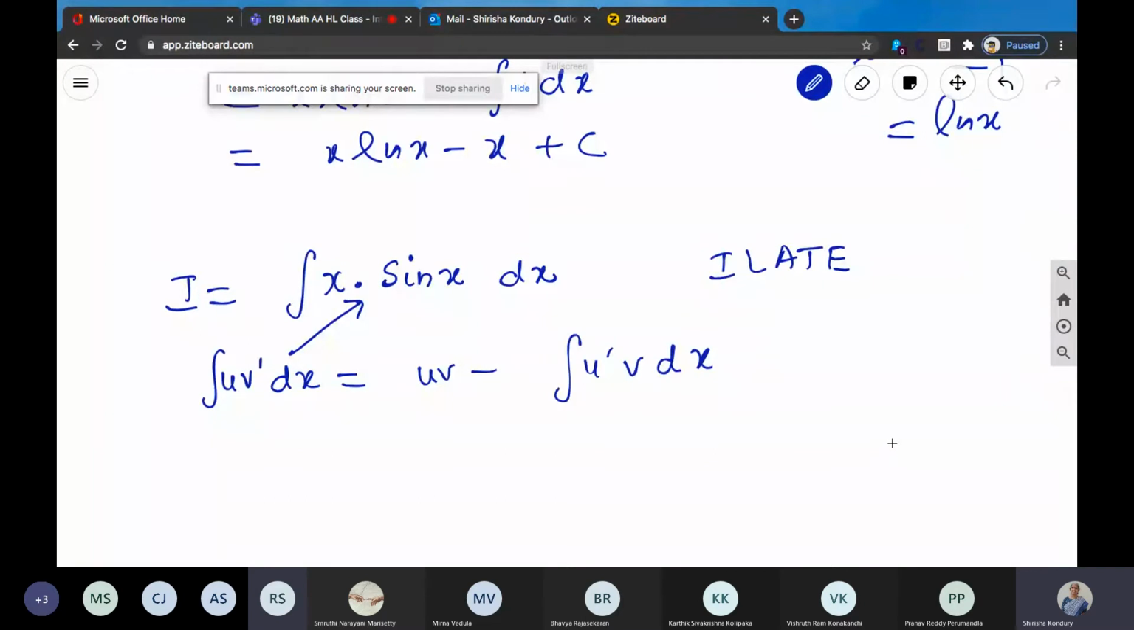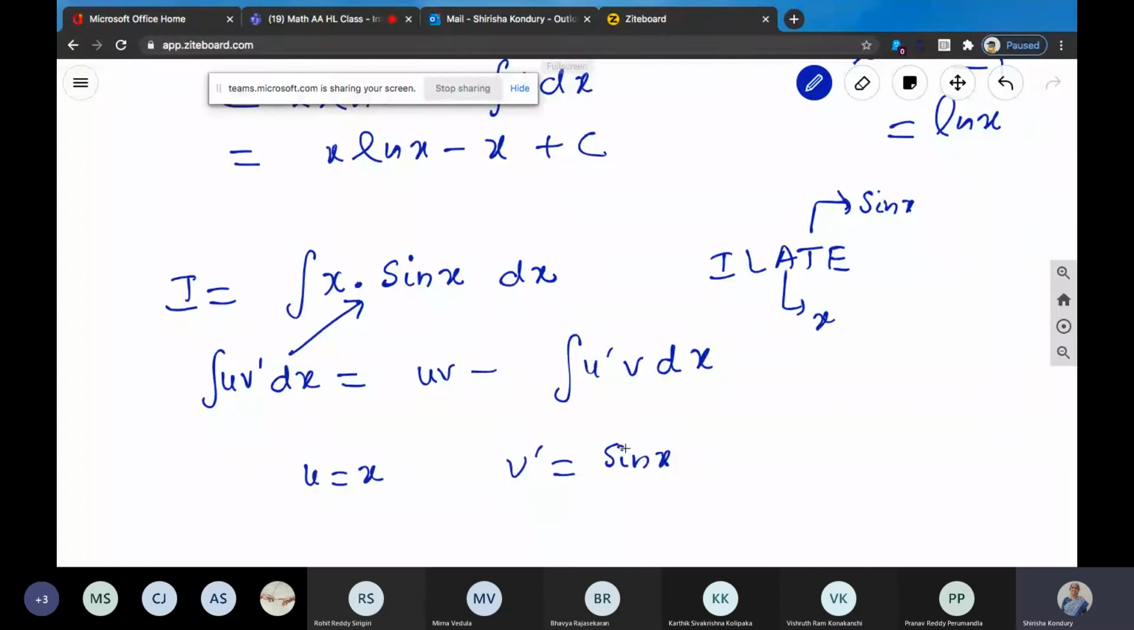Ma'am, here U is X and V dash is sin X. Okay. What type of functions are X and sin X? X is arithmetic and sin X is trigonometric. Very good. So in this order, if we go, he's right in identifying U as X and V dash as